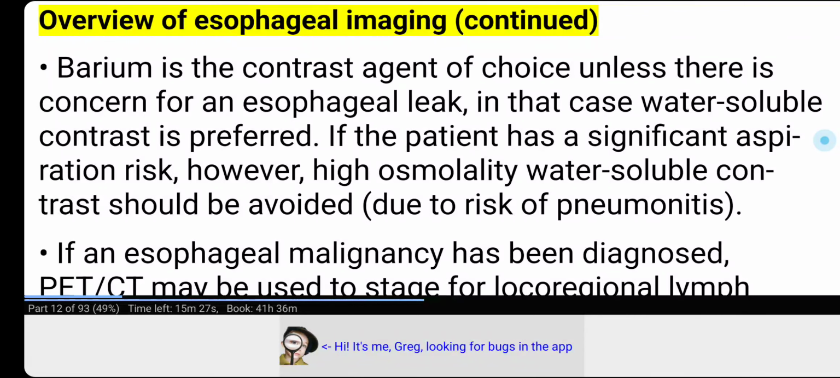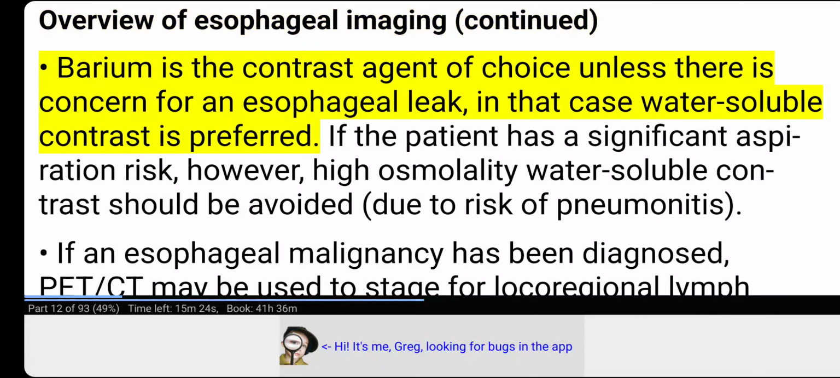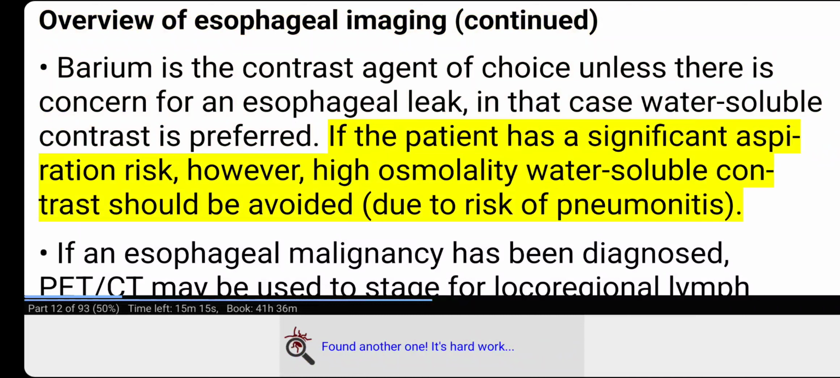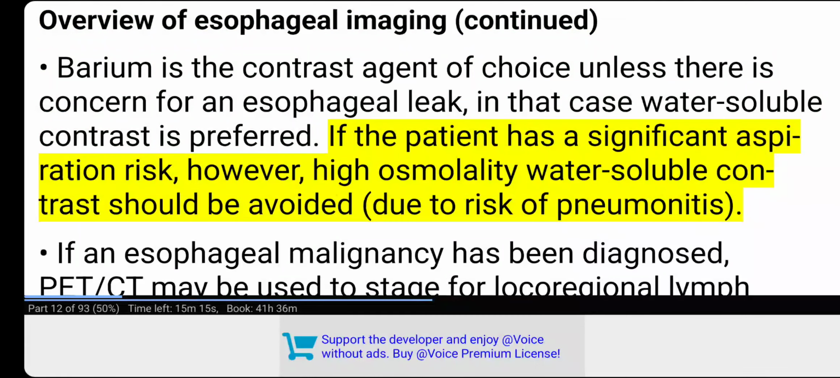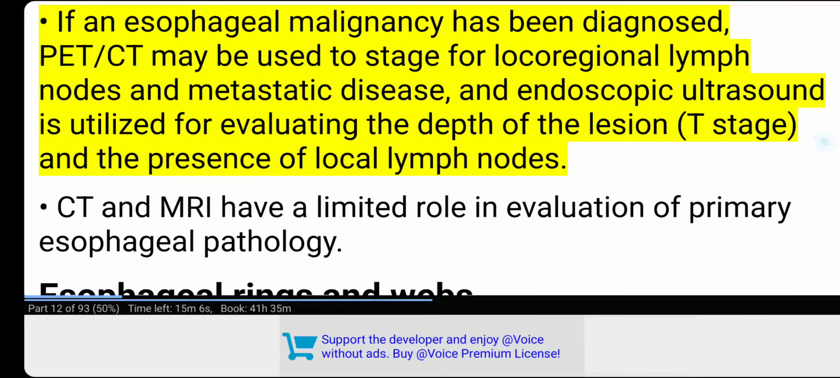Overview of esophageal imaging, continued. Barium is the contrast agent of choice unless there is concern for an esophageal leak. In that case, water-soluble contrast is preferred. If the patient has a significant aspiration risk, however, high osmolality water-soluble contrast should be avoided due to risk of pneumonitis. If an esophageal malignancy has been diagnosed, PET-CT may be used to stage for locoregional lymph nodes and metastatic disease,